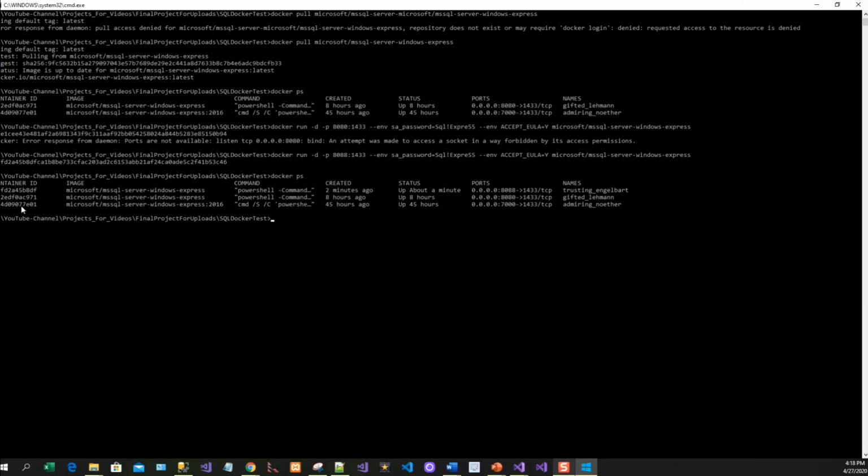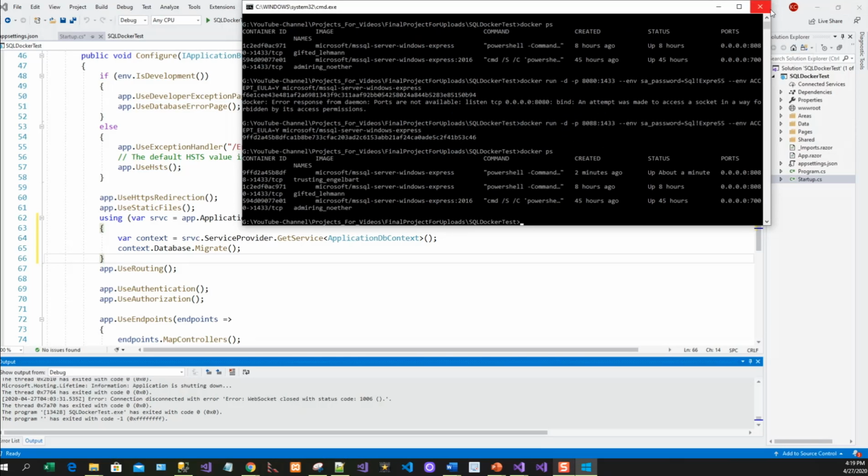Just expand. You can see that this one was 8088 that I put in the command. So the SQL port is now mapped to port 8088. All right. So next step